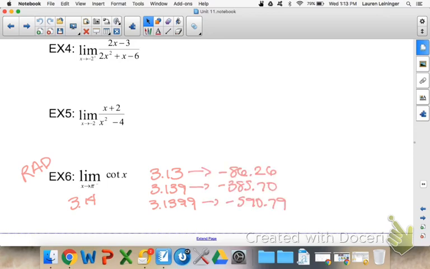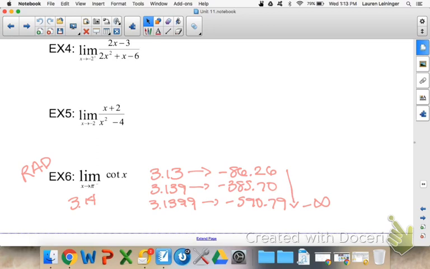So as you can see with this one, there's less of a pattern. However, it does become more and more negative as we go through these. This one's a little bit harder to see. You might want to, if you run a quiz or a test, check the graph to make sure that you know what you're doing on this one. But as you do approach pi on this one from the left, this should be going to something we would consider negative infinity. Again, the larger the numbers get, the quicker, that would be more of an indication for infinity or negative infinity, but this one, it's a little bit harder